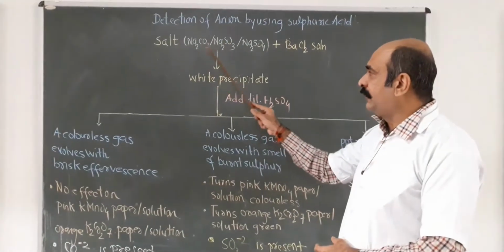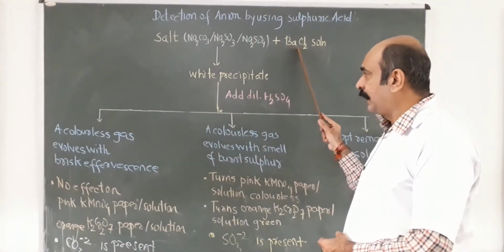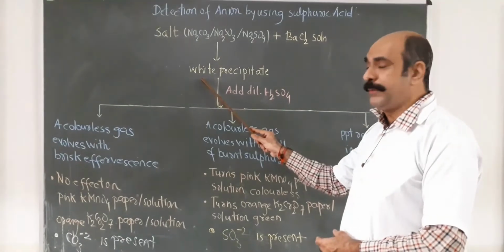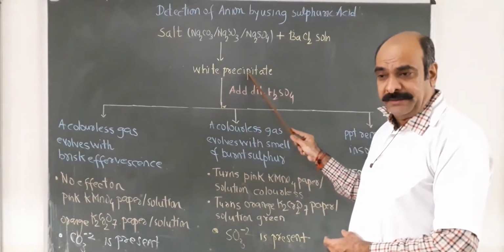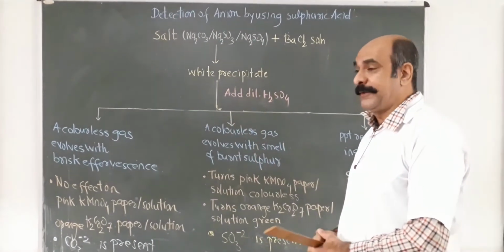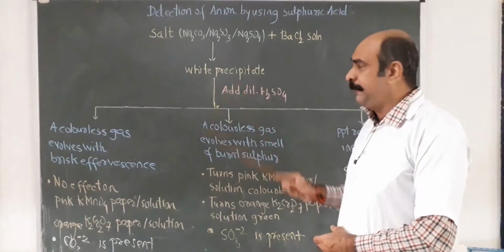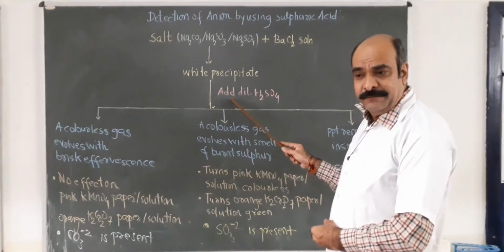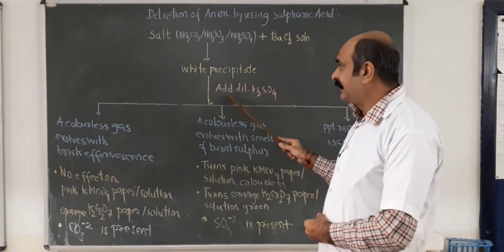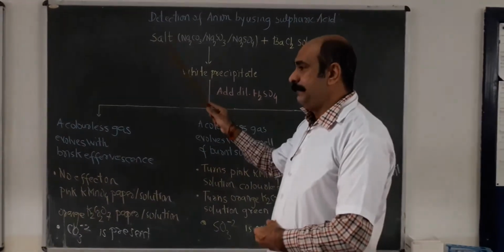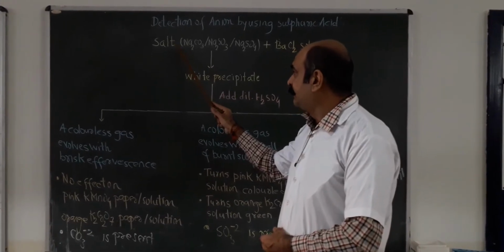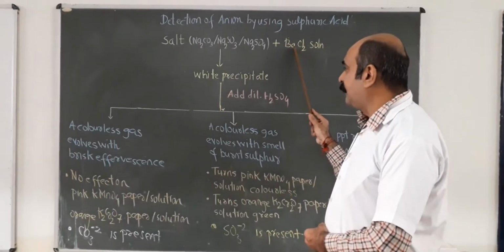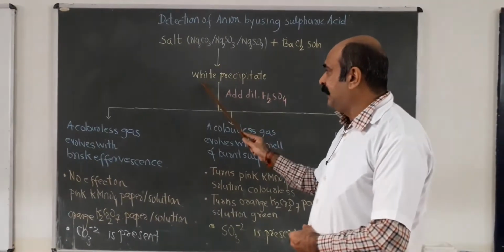When I add barium chloride solution to this salt solution, it results in the formation of a white precipitate. Now to this white precipitate, I'll add dilute sulfuric acid. So when I take a sodium carbonate solution followed by the addition of barium chloride solution, it will give me a white